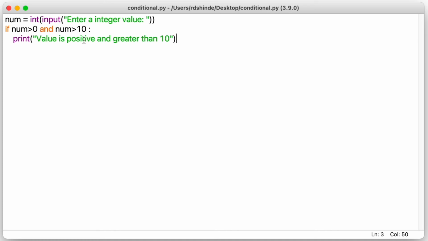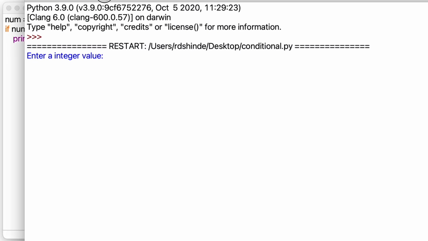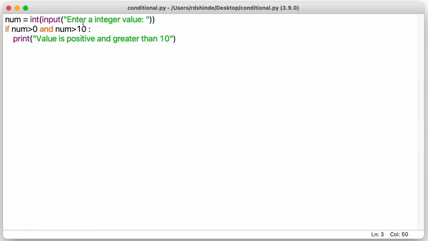So again I'm going to run this program, and now we will give the value as 0. So I am simply entering 0 and hitting the enter. So nothing is happening. You can see that it is doing nothing because we have given only a single condition. Just check this condition, and if this is true, then print this statement. But whenever the condition goes false, we are not telling what to do. So our Python is not coming with a ready-made solution for the false condition. We should specify what it should do when the condition is false.